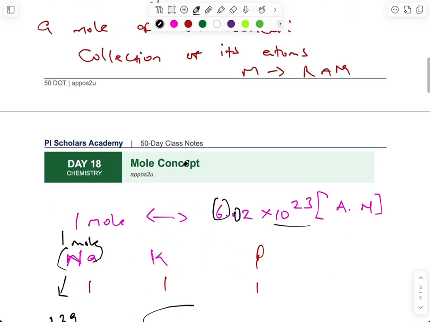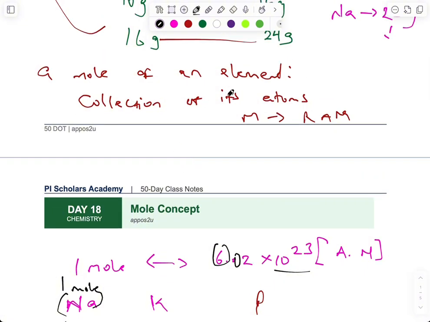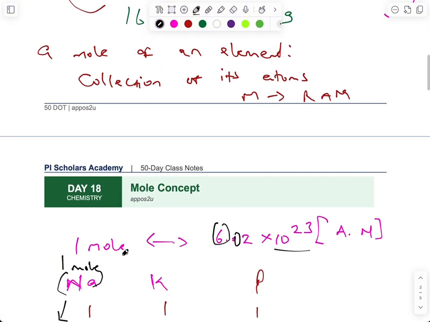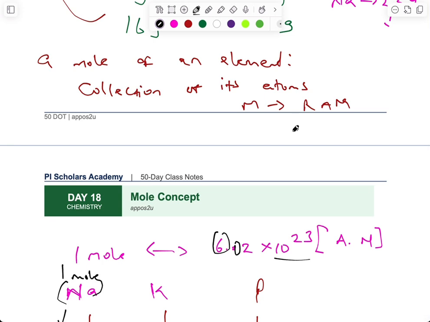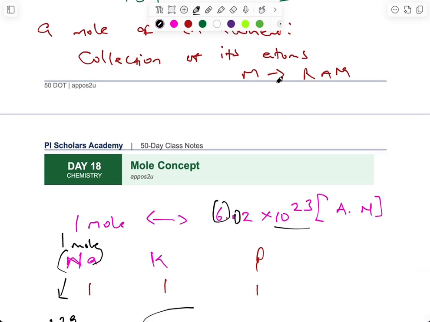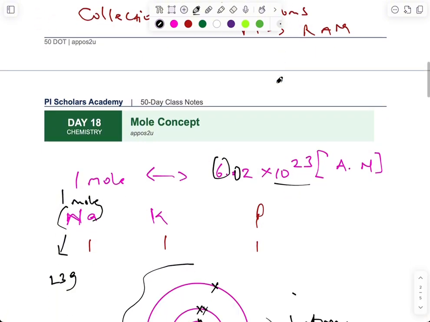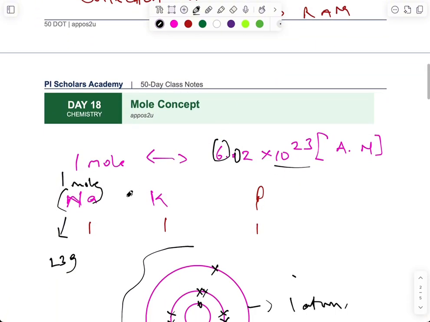So going back to what I defined, a mole of an element. A mole of sodium is the collection of its atoms such that the mass of that collection is equivalent to its relative atomic mass. So now we can link it up. 1 mole of sodium, what's the mass? 23 grams. How many atoms does it have? 6.02 times 10 raised to the power 23 atoms. So a collection of 6.02 times 10 raised to the power 23 atoms gives 1 mole of sodium,